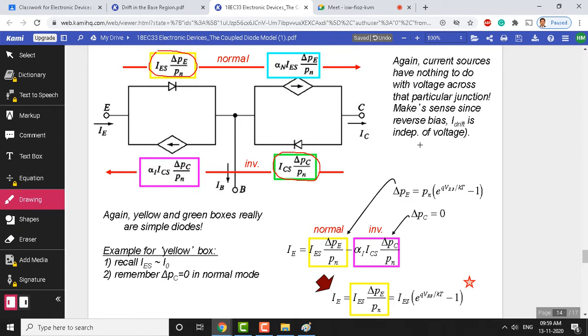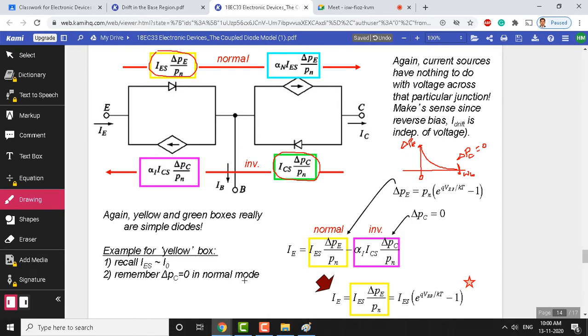In the normal mode, if you look at this whole charge carrier distribution within the base region here, this is going to be 0 and this is going to be the width of the base region towards the collector side. Here you can see in the normal mode, delta P is very high. When you reach the collector side, delta P becomes 0 and even delta P C is also going to be 0 here. So you do not see any emission from the collector when it is in normal mode.